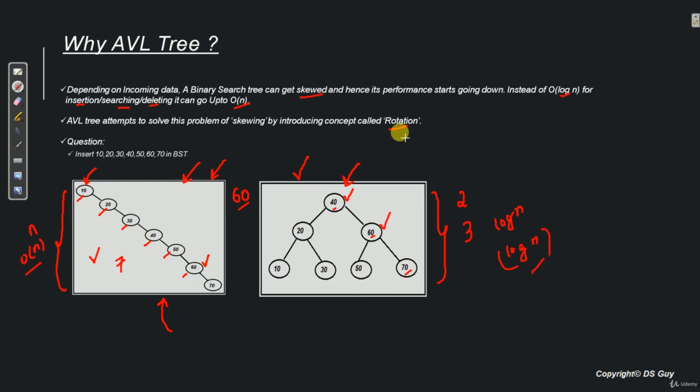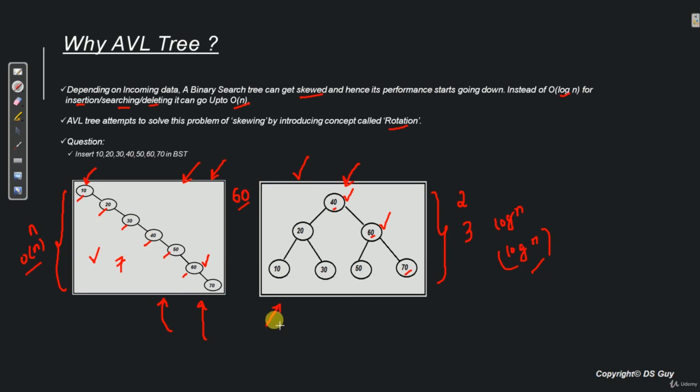So hope you have understood what is the need of an AVL tree. So just to quickly recap, this is our binary search tree which has become skewed. Because of that, insert, search, delete operation is taking order of n time. So what we have done to avoid that problem is, we have come up with a new type of tree called AVL tree, in which we make sure that the tree is always balanced.